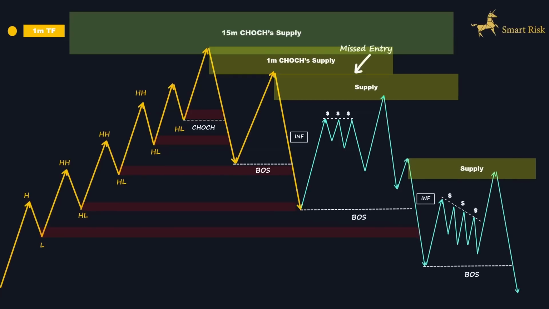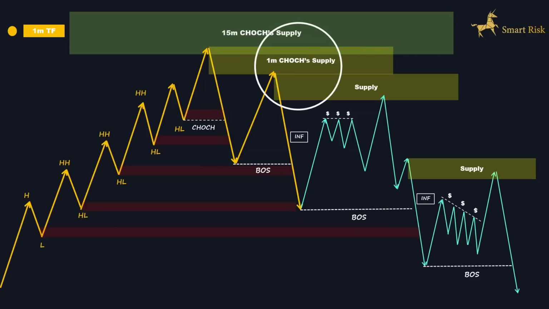So here, let's say you somehow missed this entry opportunity during the change of character, or you simply want to open additional positions. The price, after the mitigation of the supply zone, reversed and shifted its character to the downside by breaking and closing below these structures and breaking through several demand zones. If you couldn't execute any short positions from the change of character's supply zone, in such a scenario, the recommended